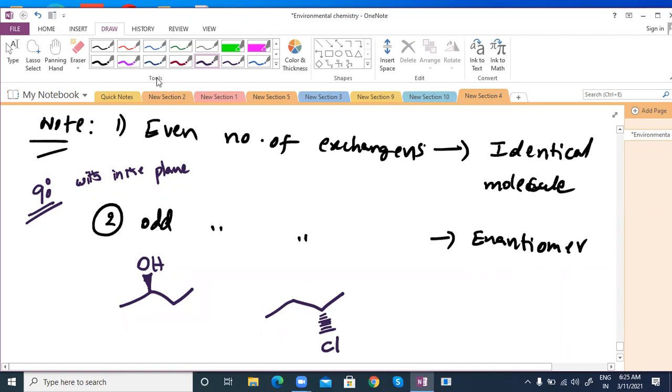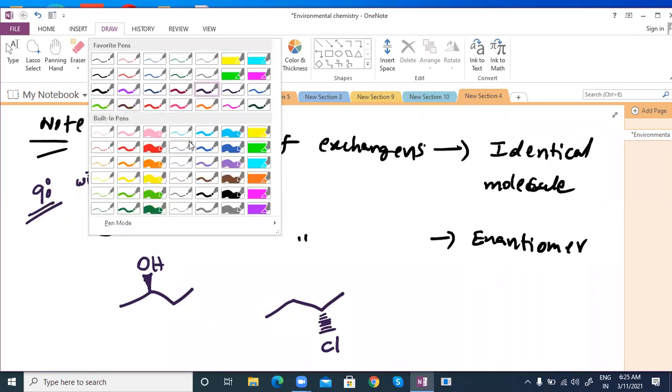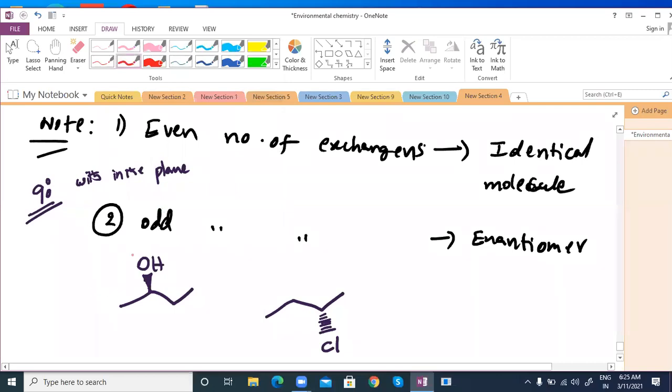Can you try the first one? What is the RS nomenclature? According to the wedge-dash formula, you are going to write the structures. So here, first is OH, priority. Is it chiral or not, first? Chiral only, we have to apply. OH is the first priority, and here hydrogen will be there, sir. And this is ethyl. This is methyl, only one carbon here. So 1, 2, 3. Which direction, sir? Clockwise or anti-clockwise? Clockwise. So R.